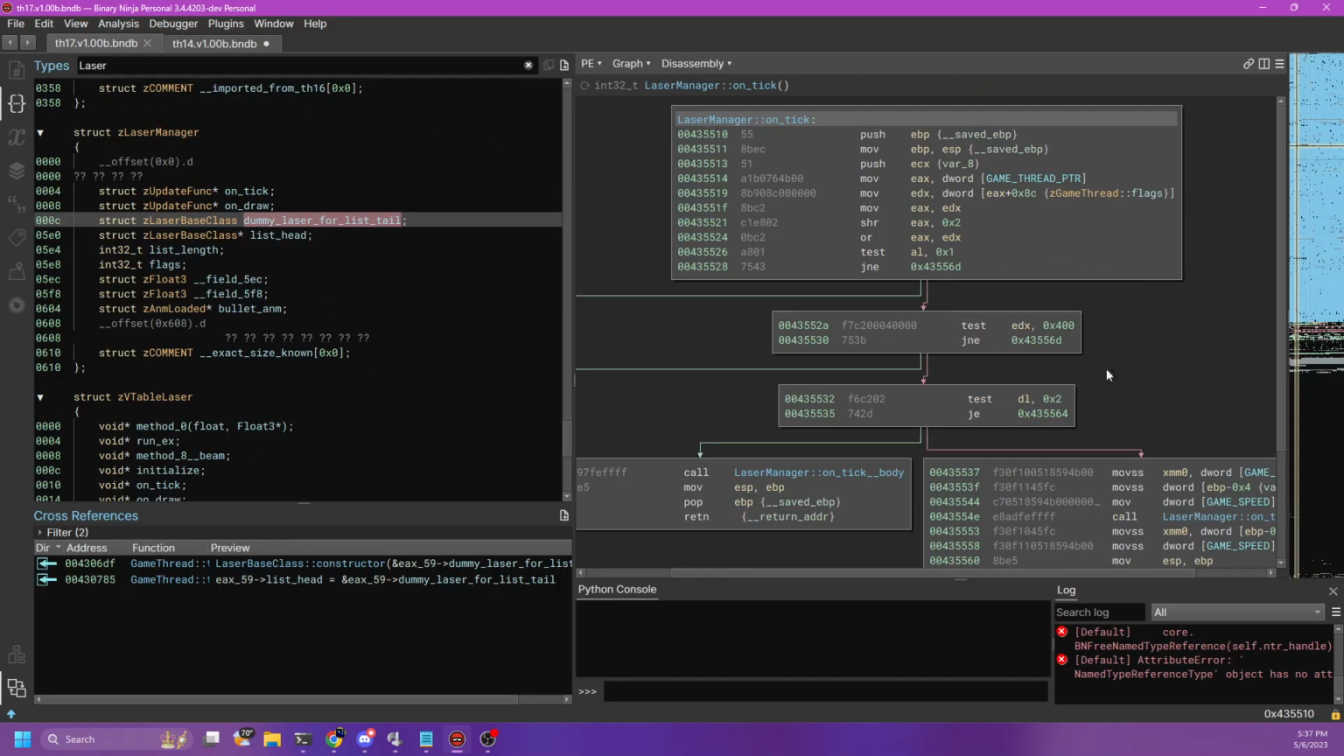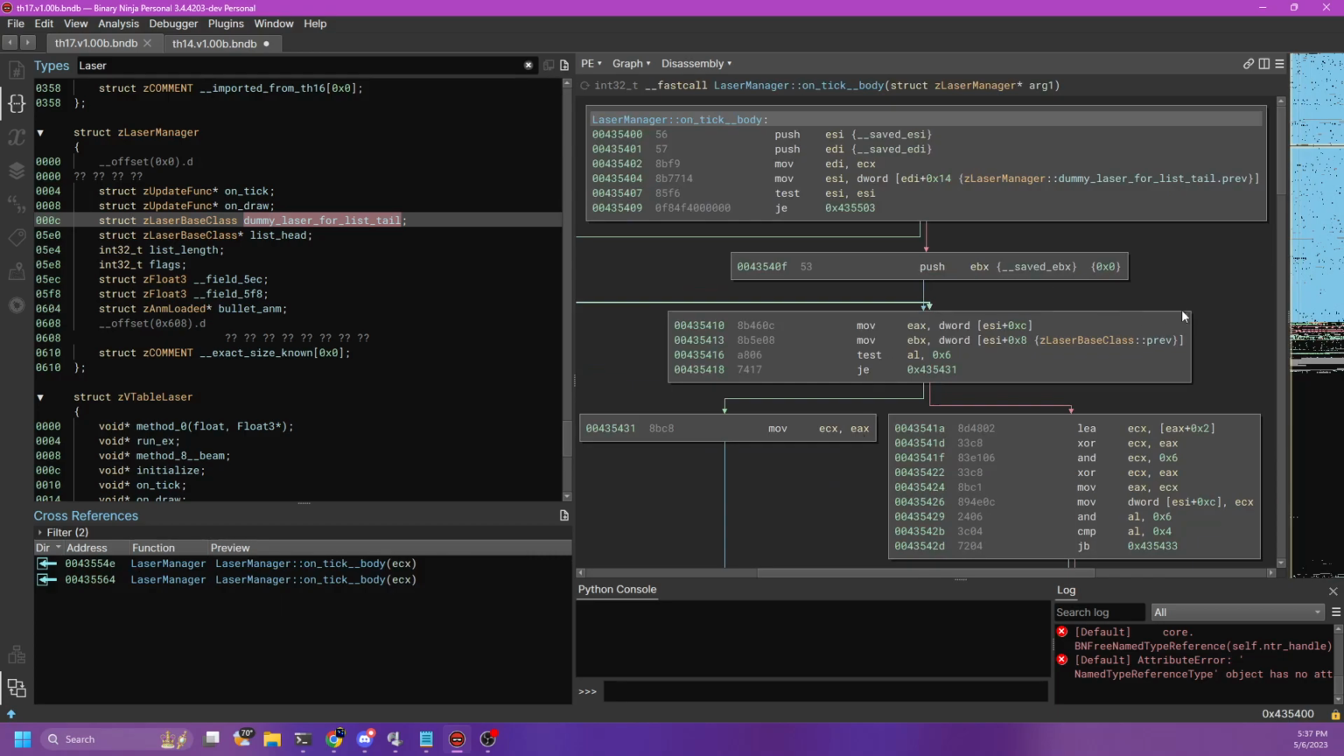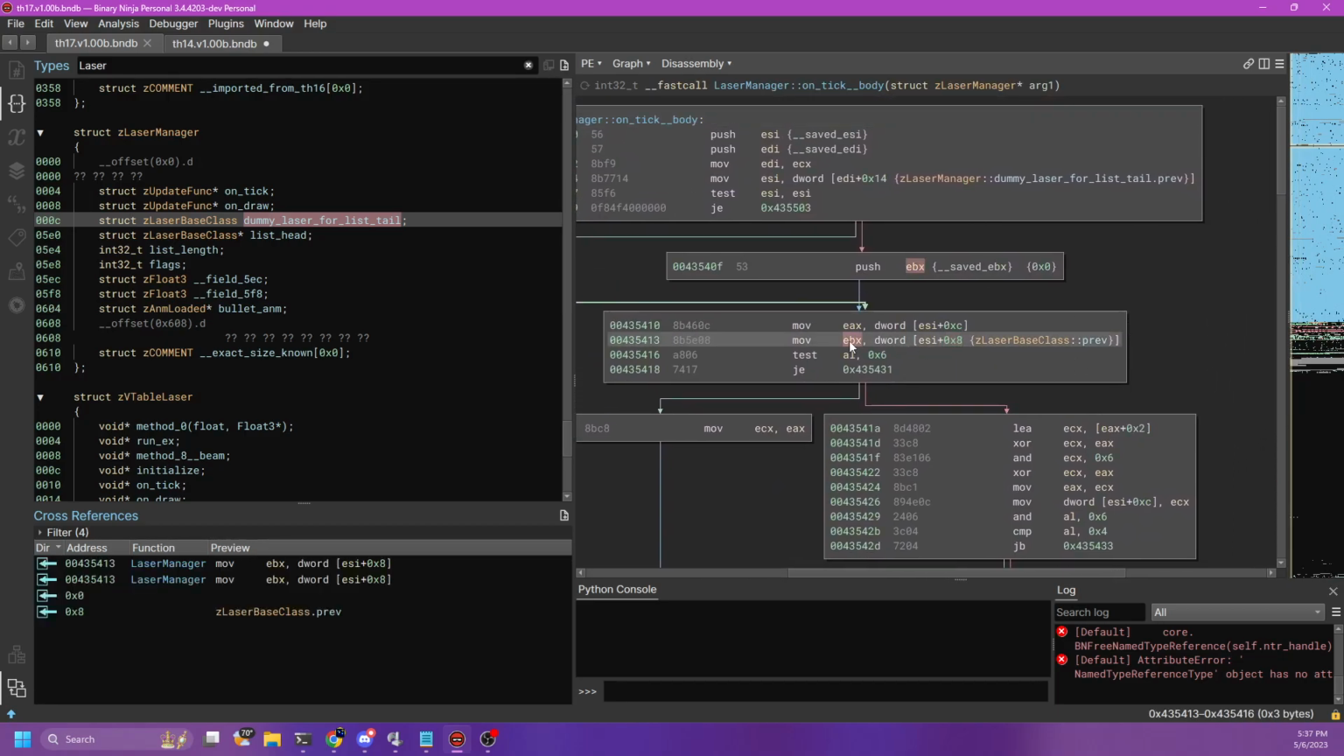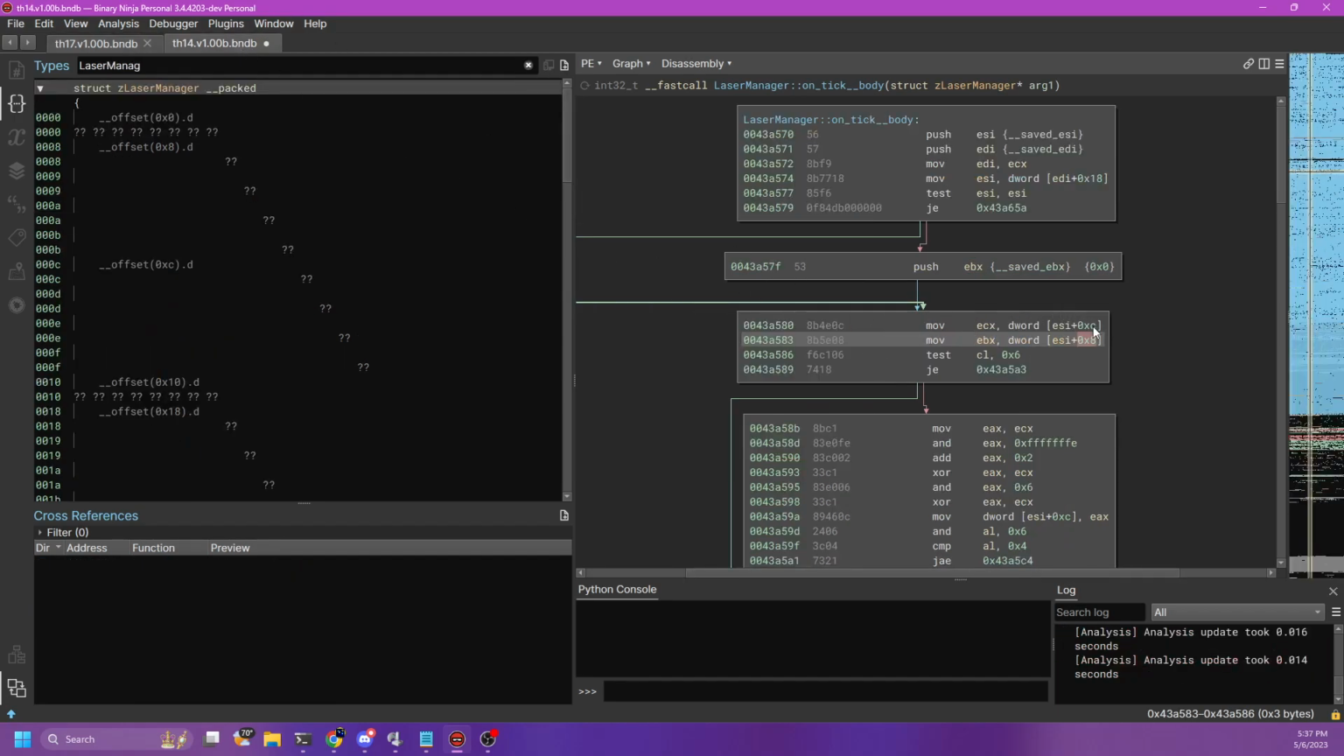Let's go take a look at the place where it reads the prev pointer. So let's get back to onTick body. Okay, so right here, we can see this. It reads one thing, it tests some bit flags on it, it reads another thing, and that's the previous pointer. So let's see. In Touhou 14, it reads one thing, tests some flags on it, reads another thing. This must be the next pointer. On the laser,